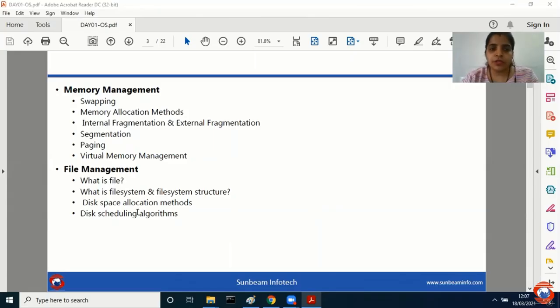Why am I talking about algorithms here? These are algorithms where we will see how they can be solved, and you can do some calculation and get some output. So we will be taking some examples specifically on the algorithms part too. Today we will just focus on the introduction, system call, what is kernel, what is the need of OS, and so on. And gradually we will see other topics like process, memory, and file in the next lectures, right?